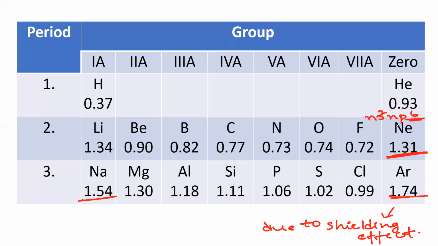High shielding effect means what? The inner electrons will shield the outer electrons properly. Due to more shielding effect, the atomic size increases slightly when compared to the previous elements, like fluorine or chlorine in this case. This is a very important point to note down, because they'll ask about trends of atomic radius for different elements. For example, they'll ask: arrange the following in the decreasing order of the atomic radius.